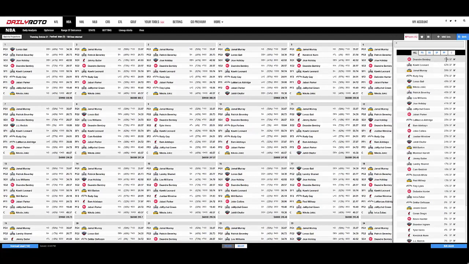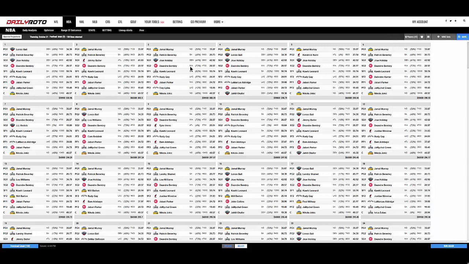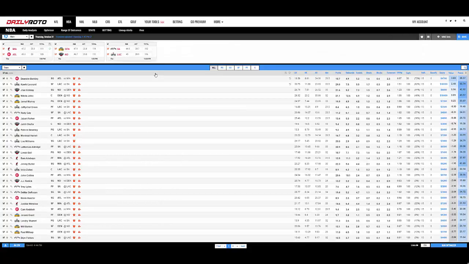If I said, hey, I don't want 73% of DeAndre Bembry, I can just click on the percentage and I can adjust his exposure level to a max of 30%. That will then change when I go back to the projections. I will now see DeAndre Bembry has a maximum exposure cap of 30%. So there's definitely things you can do that. You can go right back to the lineups down here this way. And from there, once you have